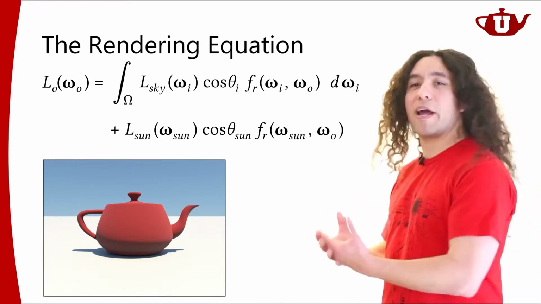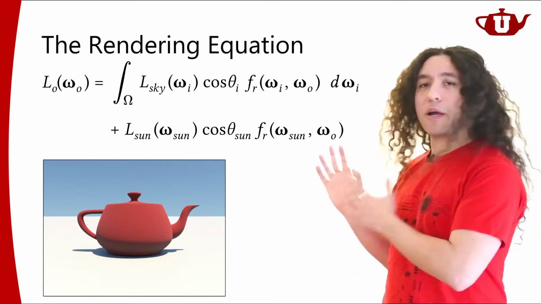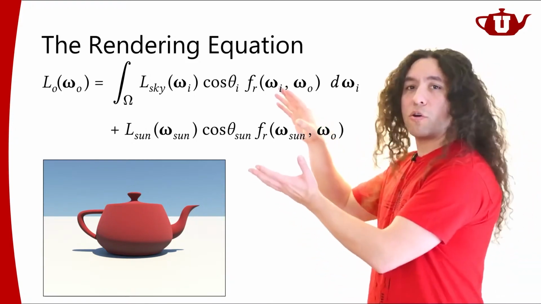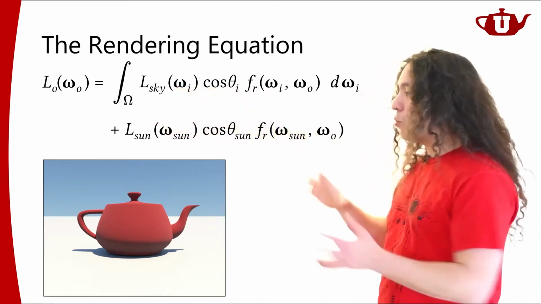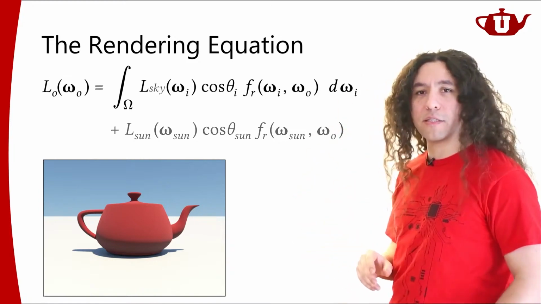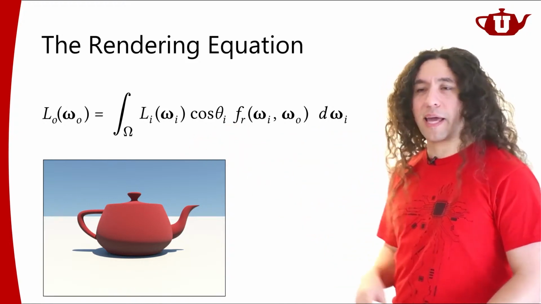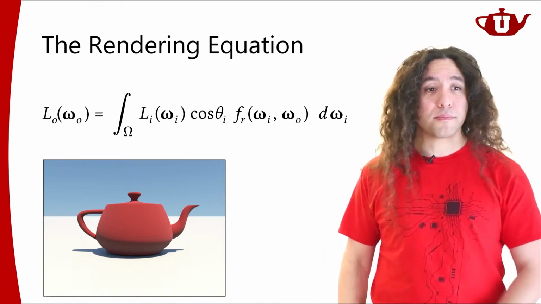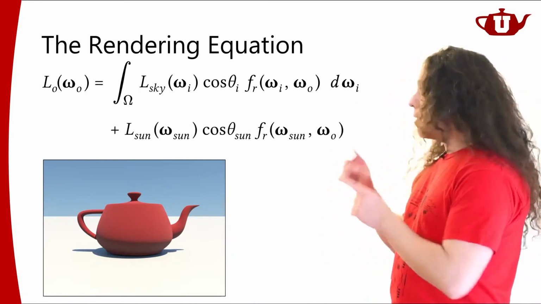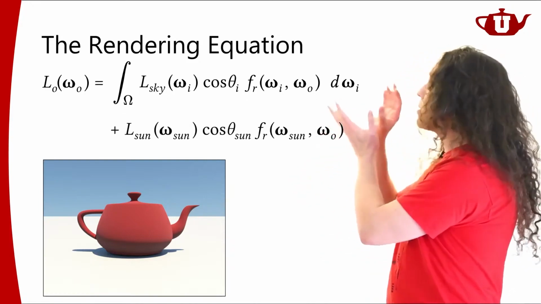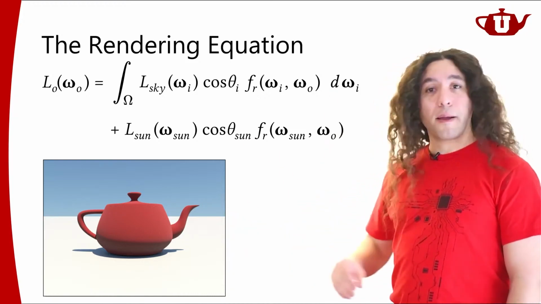Now, this is just a different way of writing the same equation. This is not a different equation per se, it's just a different way of writing the same equation. So if I just combine this skylight function and the sunlight function into one lighting function coming from all directions, it would just be one function and one integral. This is, again, the very same rendering equation. Well, the important thing here is that I'm going back here. It's the same thing, right? This is the sunlight. This is the light coming from the sky.